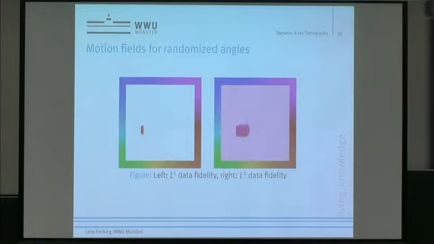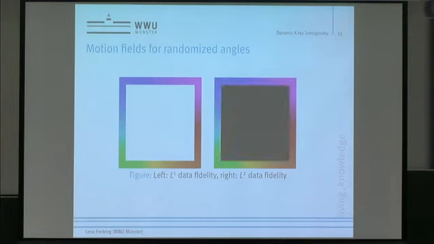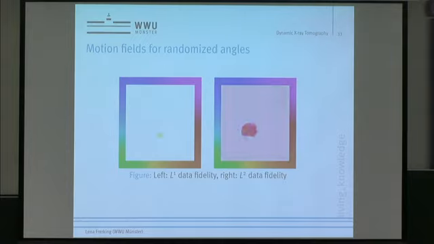Okay, we talked about motion before, so this is also the reason why I, of course, want to show you some motion fields. Okay, I should mention that this is the motion field for the randomized angle approach. So on the left side, this is the motion field for the L1 data fidelity, and the right side for the L2 data fidelity. And yeah, both of these motion fields do look quite different, and to be honest, they